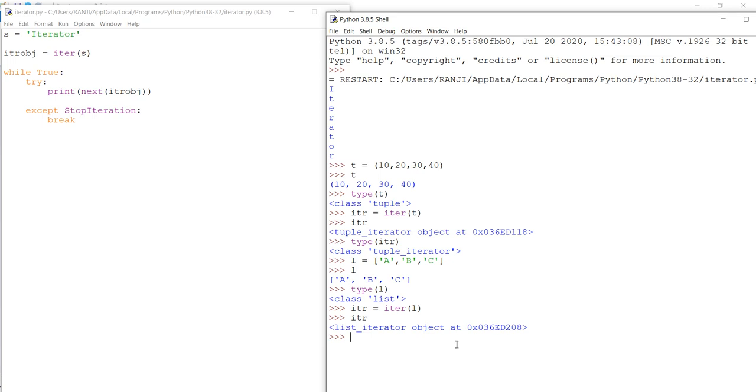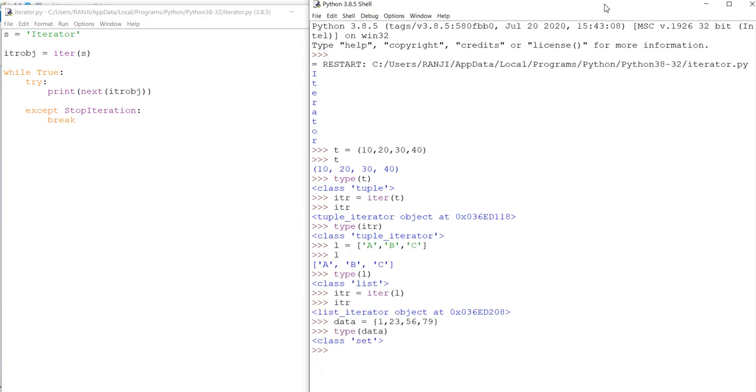So next we just create again. So let's have a set data type. So again I've said data, and inside this I'm just passing the elements 1, 2, 3, 123, 56 like this. And if I check the type of data, that is of class set.